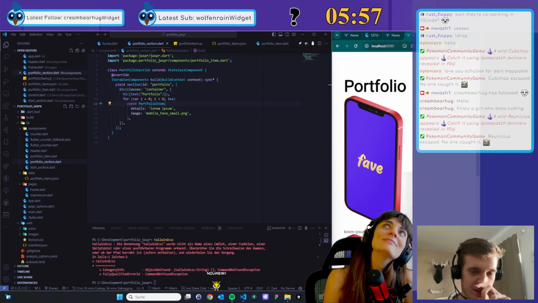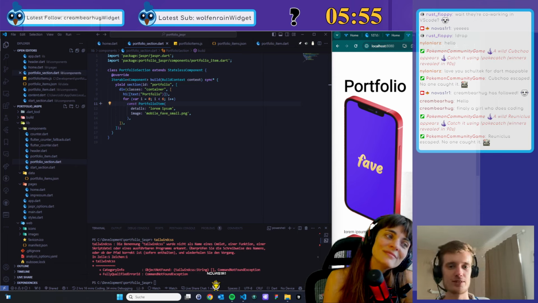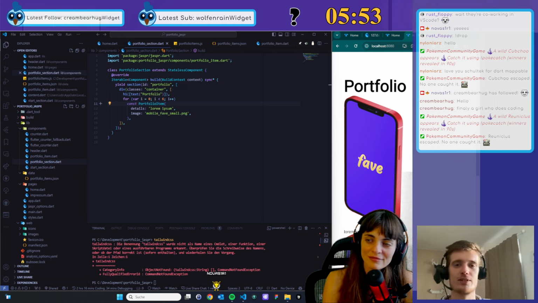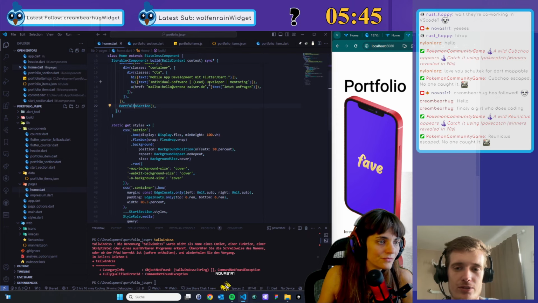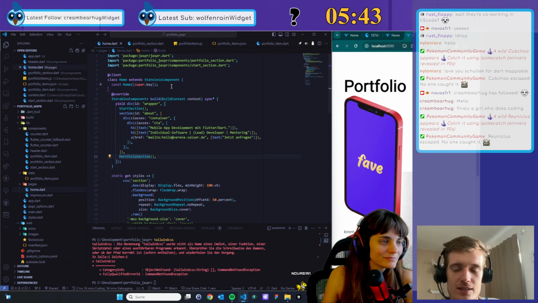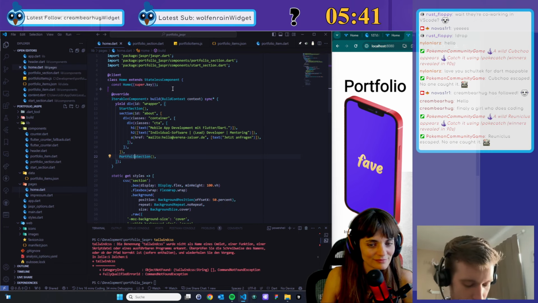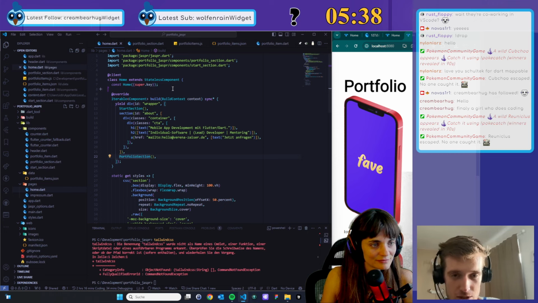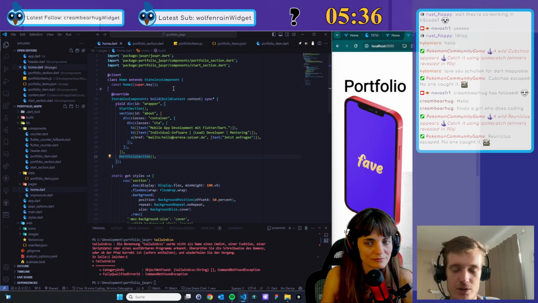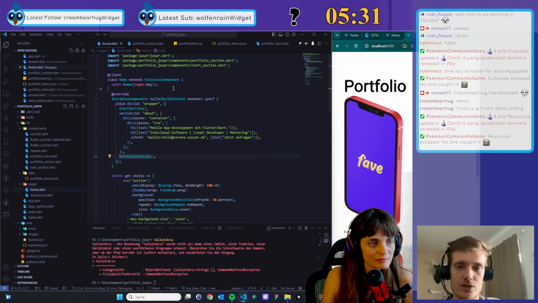Now comes the fun part, thinking about hydration and which components are rendered where. If you go to the home screen, you can see there is this @client annotation, which you also noticed earlier. This is what we selected very in the beginning. We selected automatic hydration for Jaspr. This is what this looks like. So adding this @client annotation makes this component automatically compile to JavaScript, ship to the client, hydrate on the client, and then render on the client.